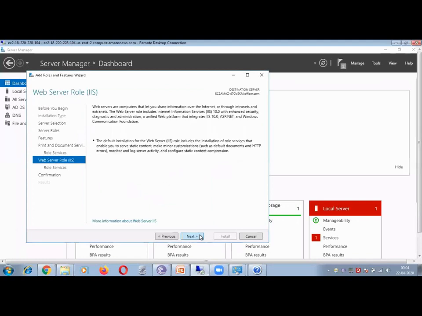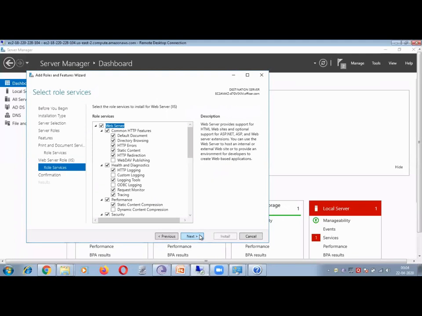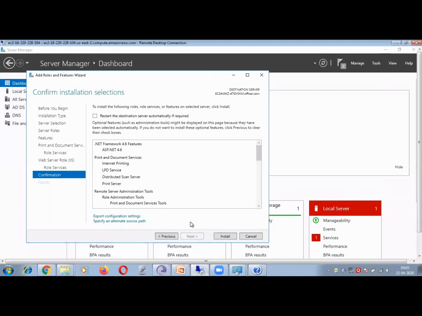What is the LPD service? LPT is used if your printer is directly connected with your server through a port. One is a network printer, which is connected through a LAN card. At home, you have a printer which is directly connected through the line printer, you can say console port, to your laptop. Click install first.